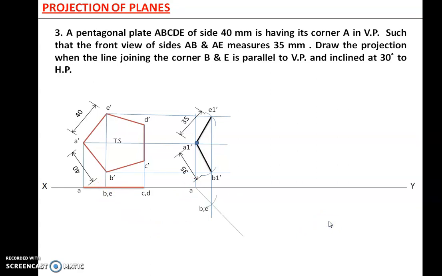Join ABE by first a faint line and extend it further, so that on the same line there will be the point CD. Now take ACD in your compass, with A as center, cut the line, and you will get the point CD. Okay, so once you have got the CD point, now project C dash, D dash, and CD to intersect each other like this.